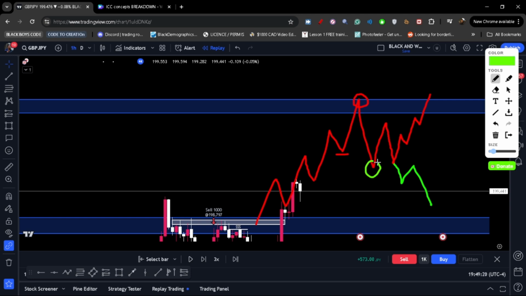So this low right here was created by this high. Now you cannot use this high here because this high created this low, but this low was not actually a low because it did not break this previous low. So this is basically a higher low technically speaking, but this is basically invalid. This is nothing, right? So this and this is nothing, but this right here and this is what you should